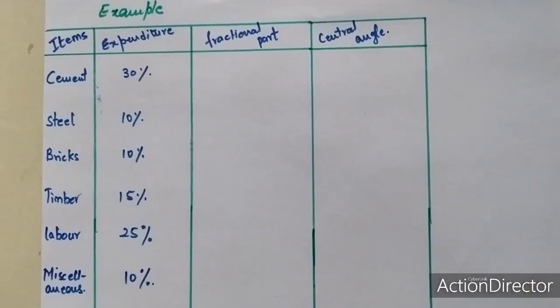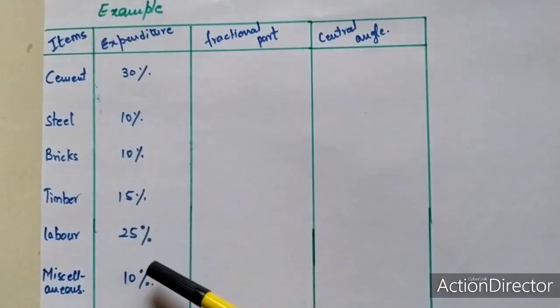Here is one more example by which I am going to tell you how to make a pie chart. Pie chart you know very well how to make, but the important thing in this example is that it has given draw a pie chart under all the conditions in which they have given all the items and expenditure in terms of percentage, and we are going to find out the central angle. That is the only important thing to make a pie chart. So I am going to show how to find out the central angle when the number is given in the form of percentage.